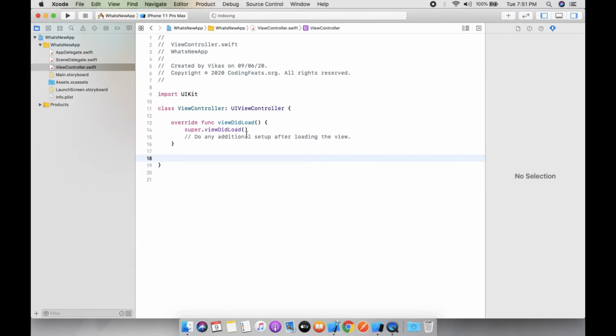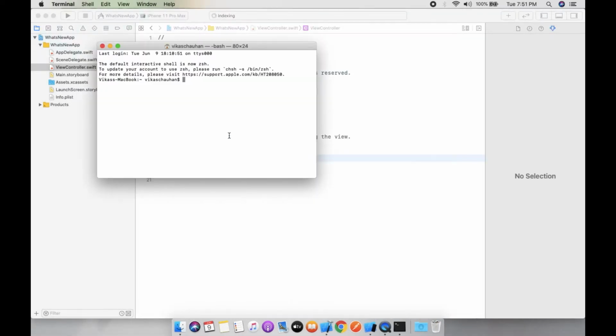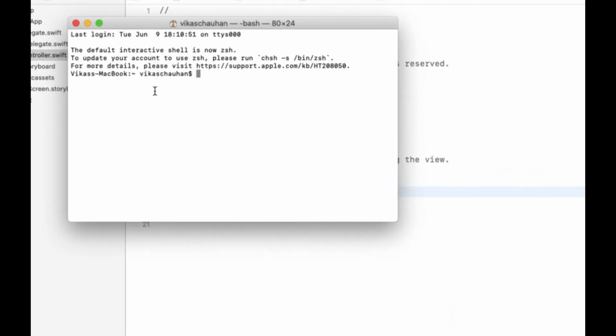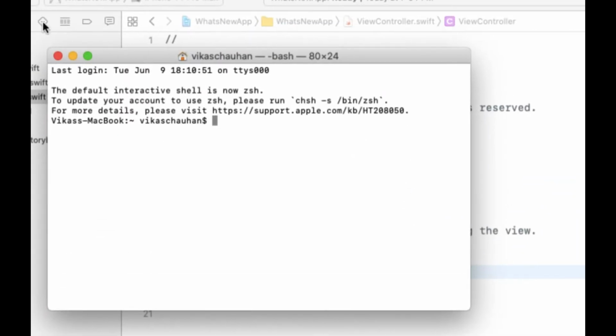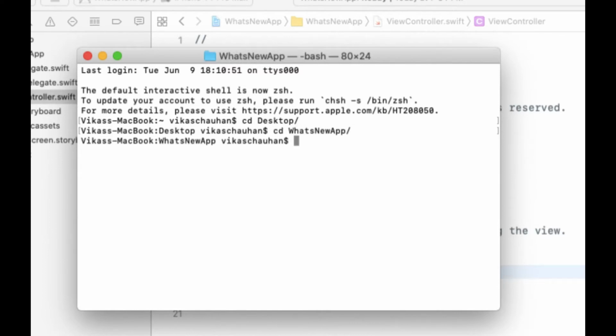So let's open terminal, and you can see the terminal is open right now. So let's go to the project folder, desktop, What's New App. You can see there is no Podfile here.